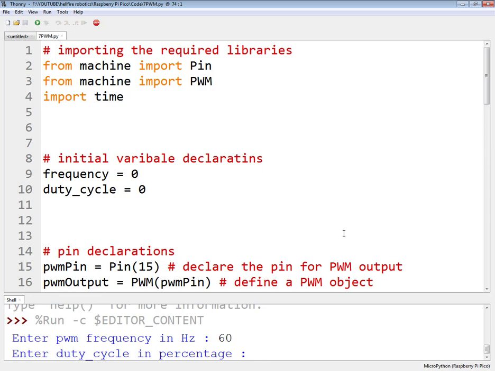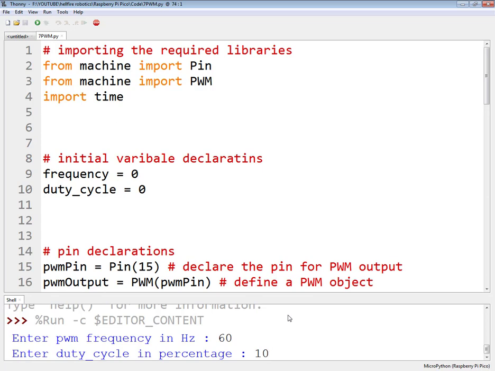Duty cycle can vary from 0 to 100%, and notice that in this code it is asking me in percentage. I have made the code in such a way that it will ask you in percentage, so you will have to enter the percentage. Suppose I am entering 10 as the percentage.